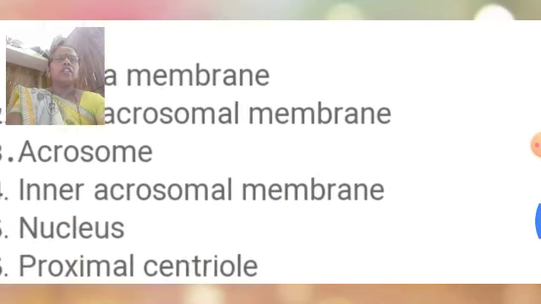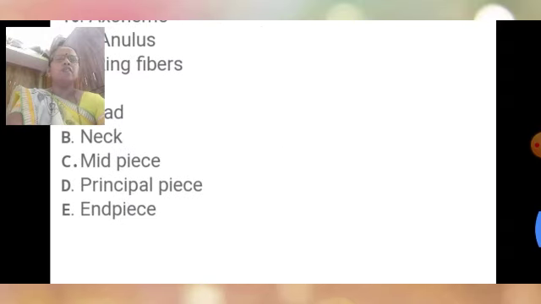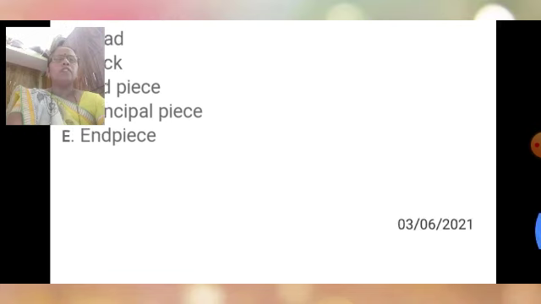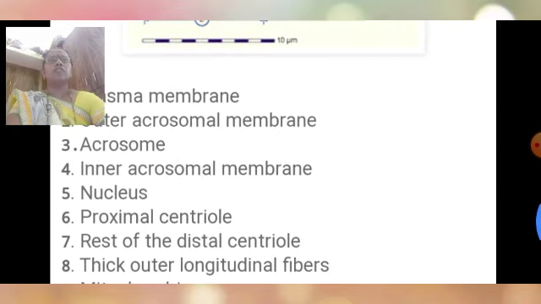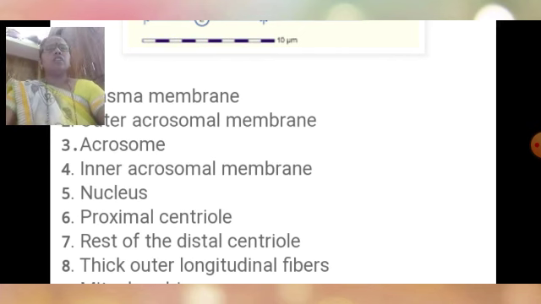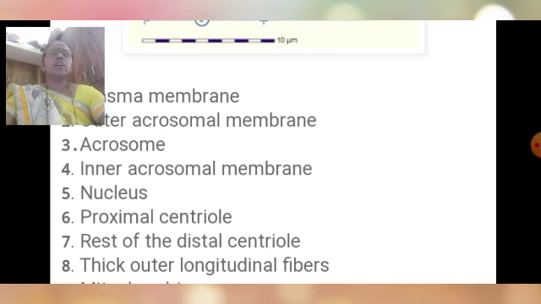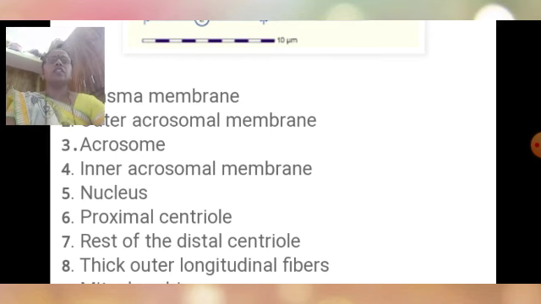Generally, they consist of the main parts: head region, neck region, mid piece region, principal region and end piece region. So generally in the gametes of the frog, the male gamete is called the sperm, which produces the spermatozoa. The female gamete produces the eggs, called the ovum. So in this period we saw the structure of the gametes of the frog, ovum and sperm. Next period we will see the next topic.